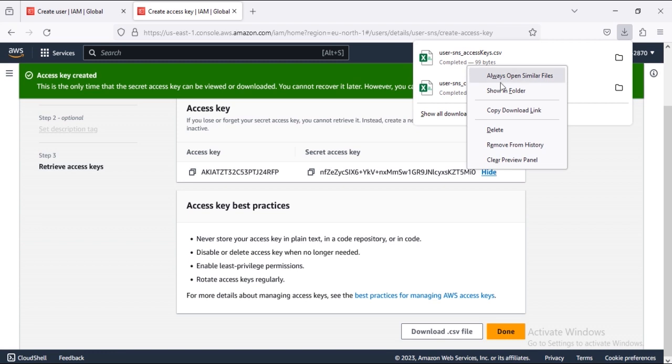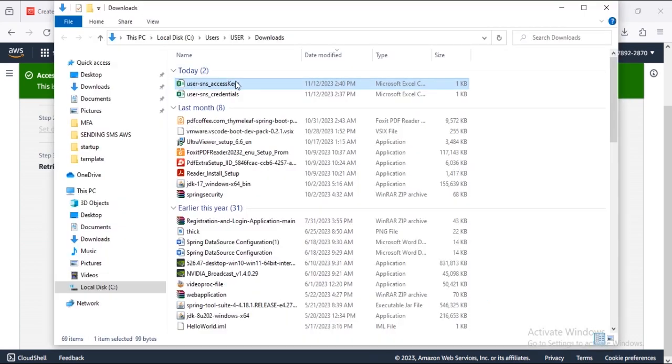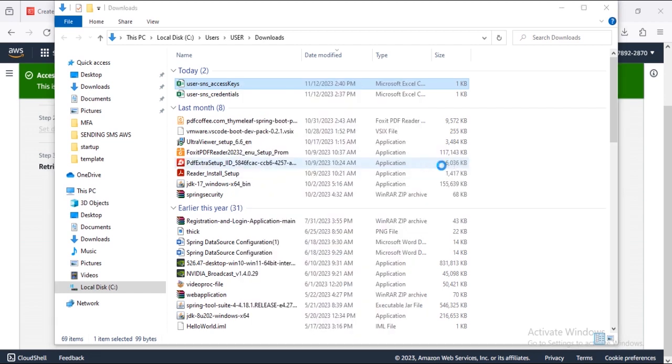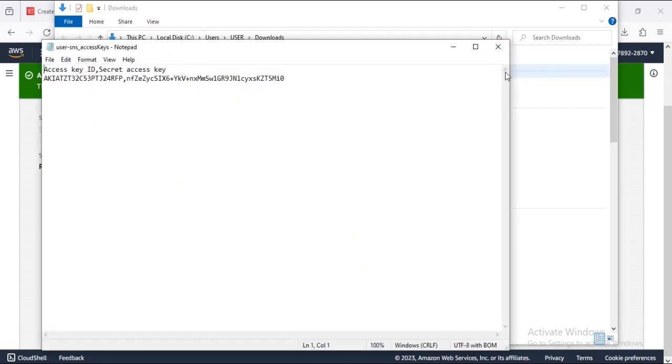And then let's open this file again. Open it with Notepad. So here is the access key and then secret access key. So we will add this to the system variable. So let me first copy the access key. Okay, so copy the access key and then search for the environment variable,